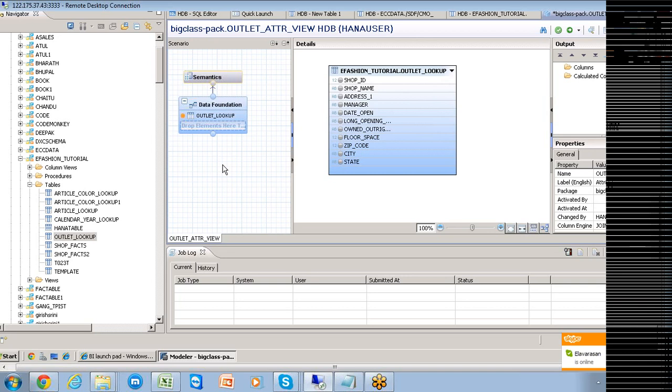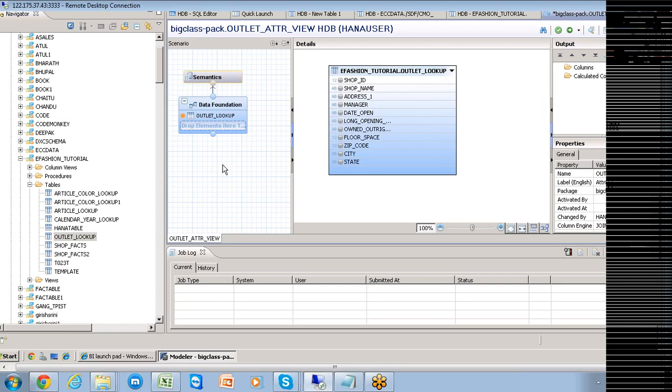Attribute views can be of derived types, standard types, or time-based types. Attribute views can be created from a single table, or from multiple tables. And just like the objects in SAP, here you need to create, validate, and then activate in order to reuse them in applications. So we'll extend this topic tomorrow and complete the attribute views, and then we'll start working on analytical views and calculation views, which are both very important for effective design considerations.